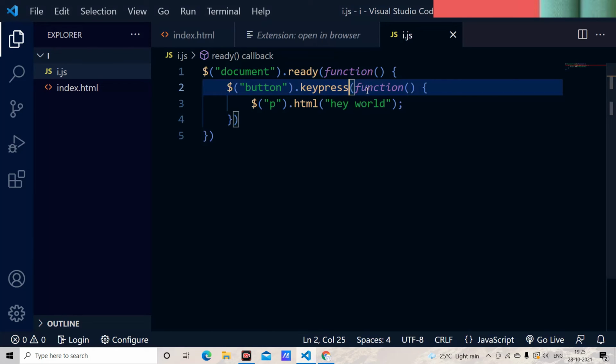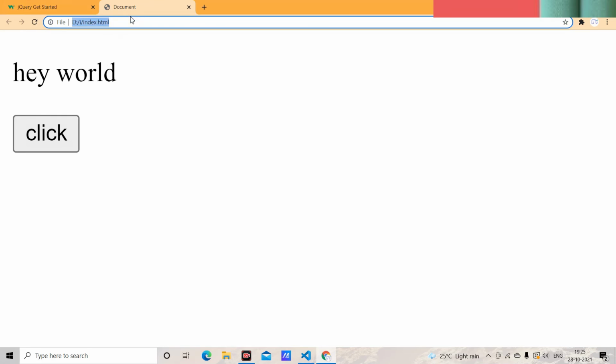Next we have the key down. I just save it, and here I come, and just click, and as you can have a look at here, I use the button, and here I'm going to add the V press, means I'm going to press the V key, and whenever I press it, when my key goes down, not just clicking, when my key goes down, at that point of time it is going to execute.